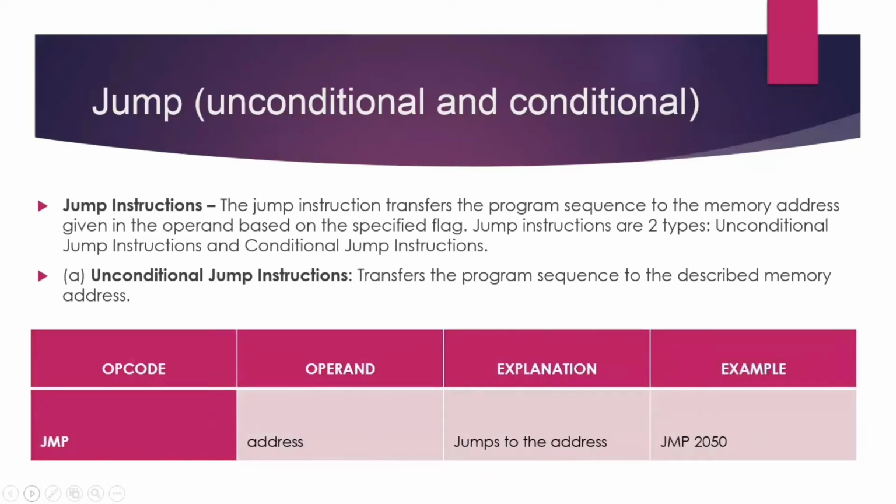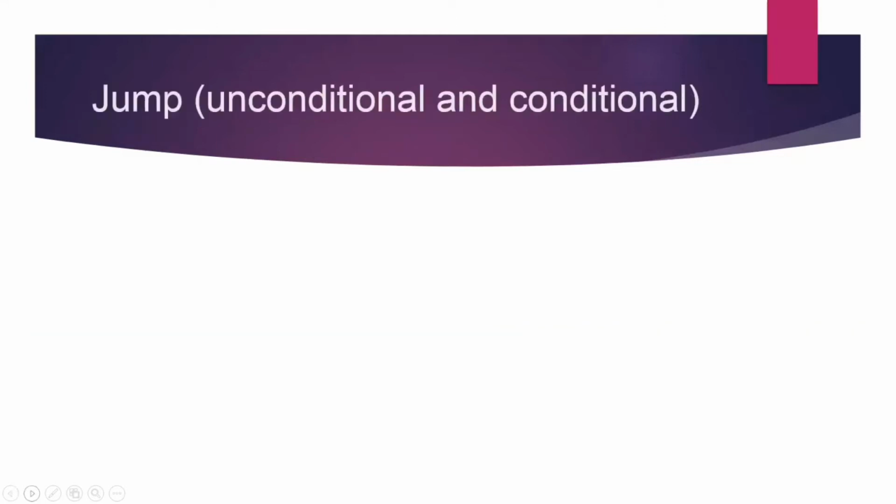Here, the opcode is nothing but the instruction done by a jump instruction unconditionally. JMP is nothing but jumping, minus or plus, from the operand address to a specified address unconditionally. Once again, in jump there are unconditional and conditional instructions.